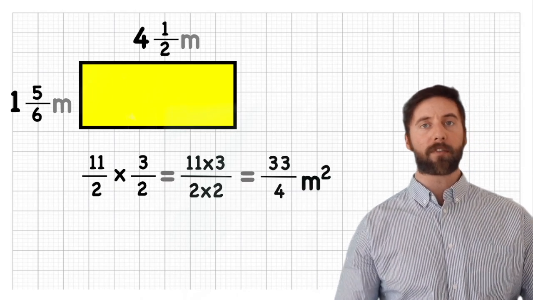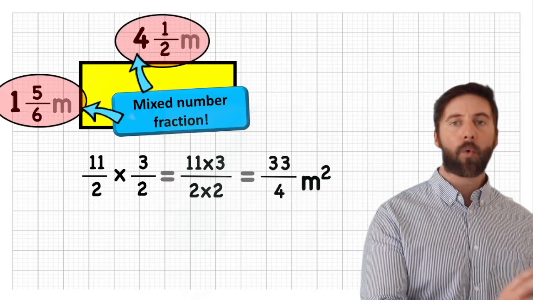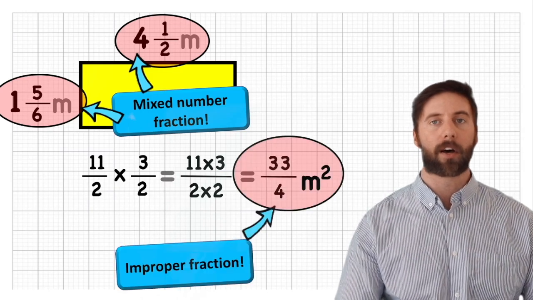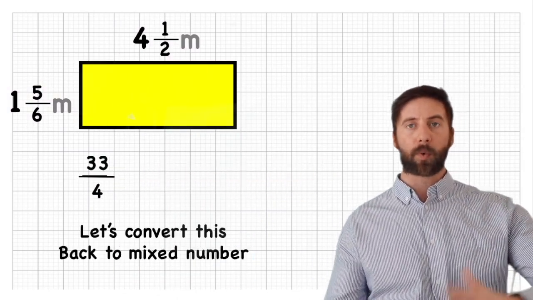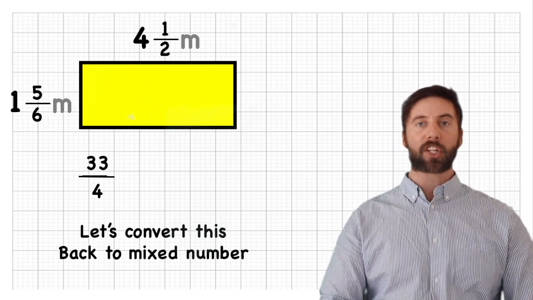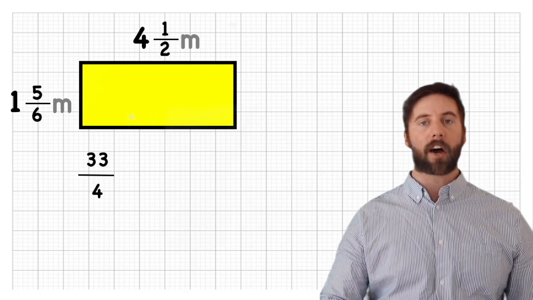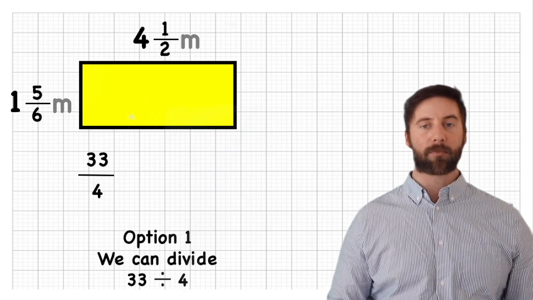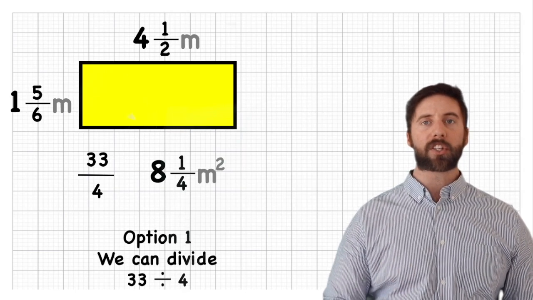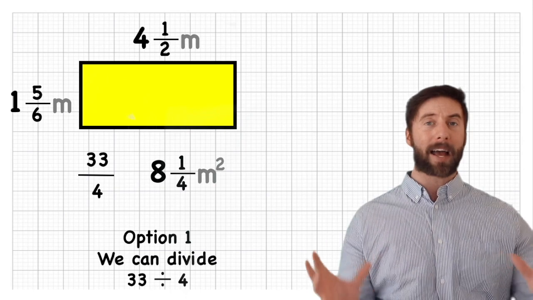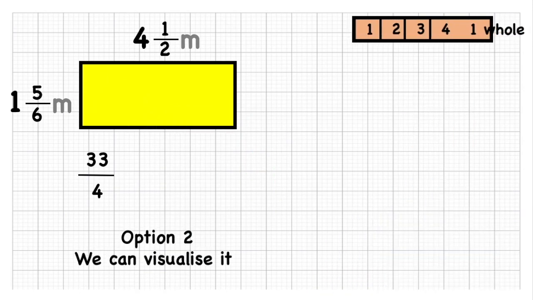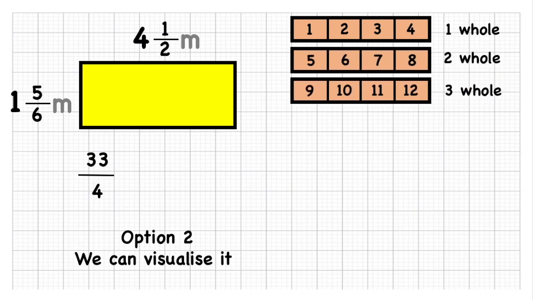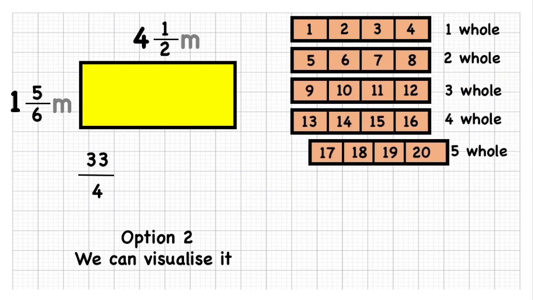But because our question was given to us in a mixed number, we're going to convert it back to a mixed number, okay? Now we can simply divide this if we have a good understanding of switching between improper and mixed number fractions. So we could do 33 divided by 4 gives us 8, remainder 1. But if we need to understand that a little bit clearer, let's think about it back in our chocolate bars. So I've got 33 quarters. So I'm going to create some chocolate bars and split them into quarters and wait till I get 33 of